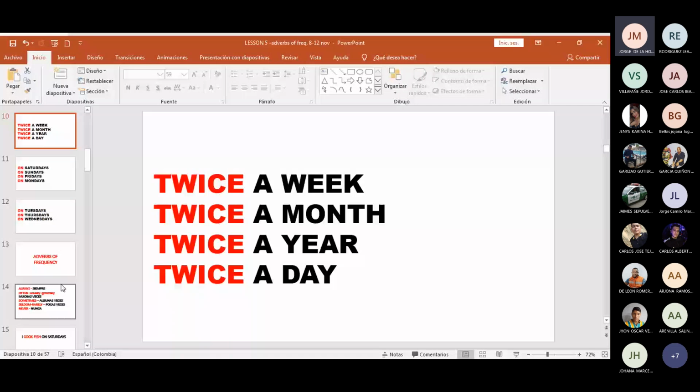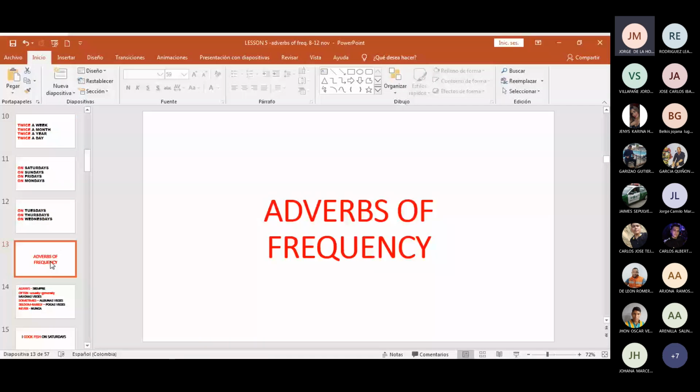Today we are going to study the adverbs of frequency. Students, we are going to study adverbs of frequency. The adverbs of frequency are very important because they indicate how often we do things. The adverbs of frequency are